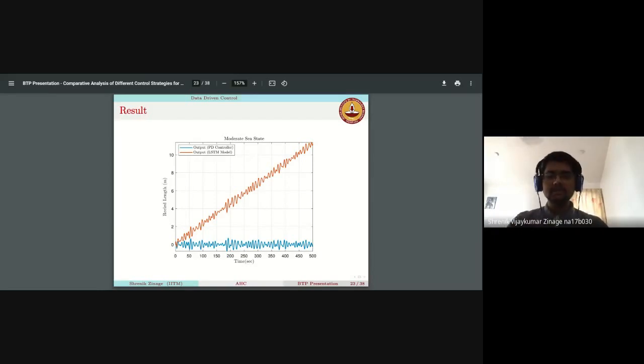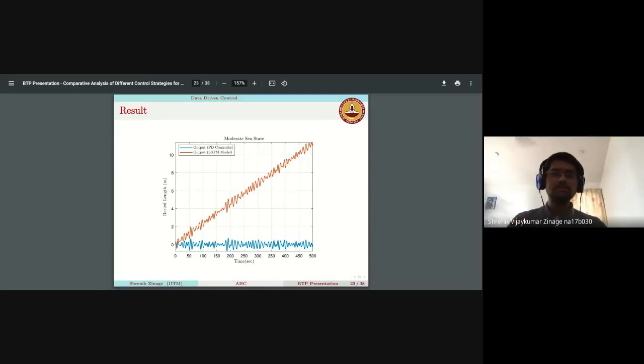Now I tried various other things to check whether I can minimize that constant offset error. In the sense that I tried to give various training data to it, which included different offsets, so that it can learn that if I want to make the output oscillate about this offset, it should apply this control input. I gave around 1,100 offsets, for a particular time duration, as training data for it to learn, and then saw whether it's able to keep a particular constant offset when I command it to hold that particular offset. But unfortunately, it couldn't do it.